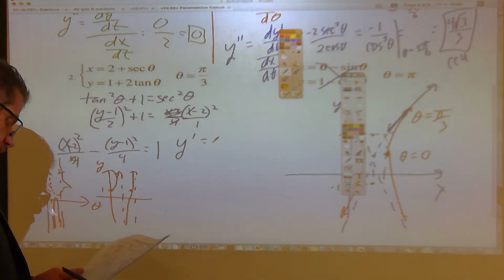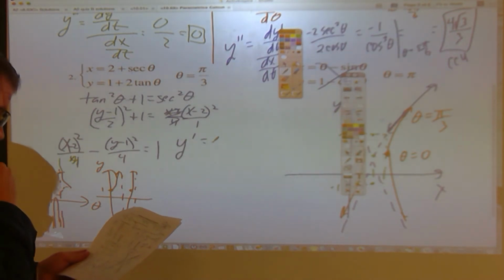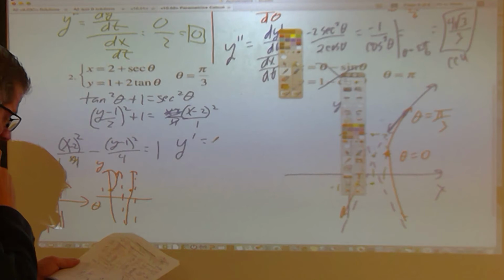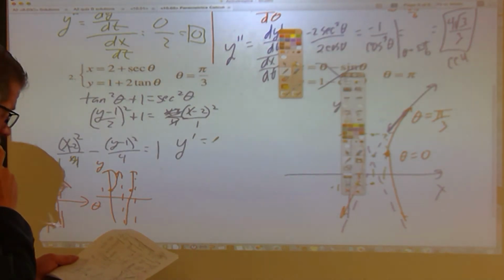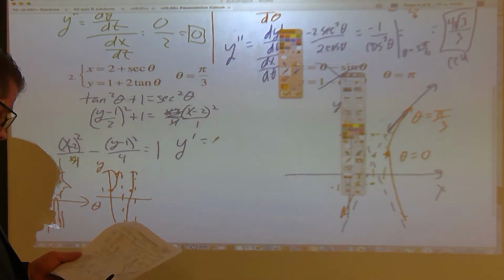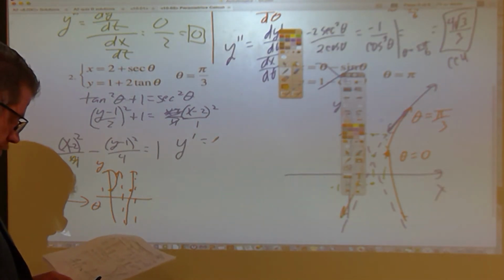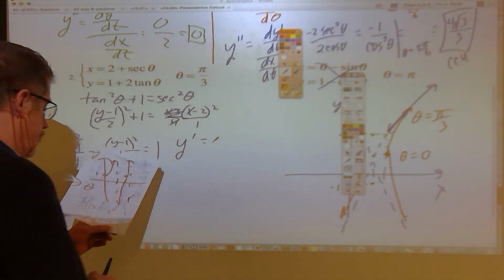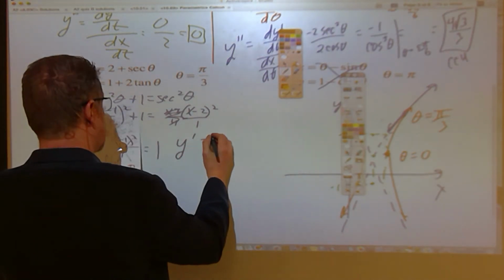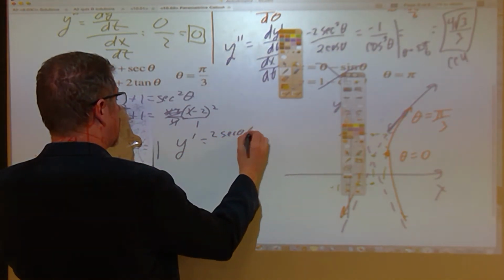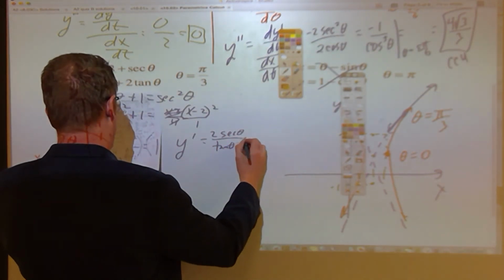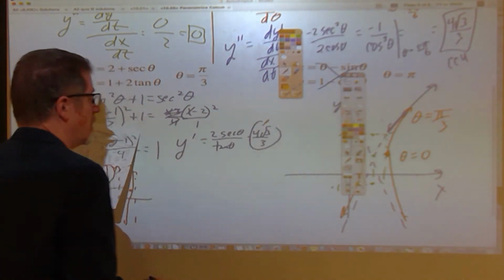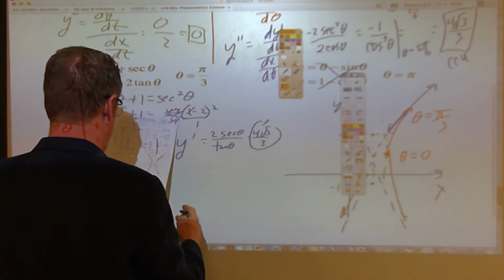So if you did y prime correctly, it's dy d theta over dx d theta. 2 secant theta over tangent theta, when you simplify it, becomes 4 radical 3 over 3. So that's the slope. The second derivative